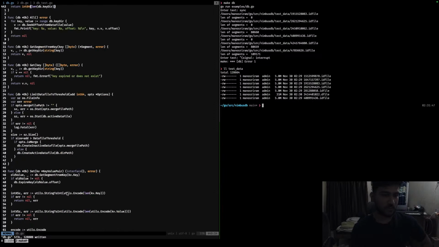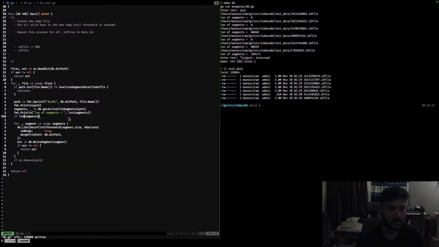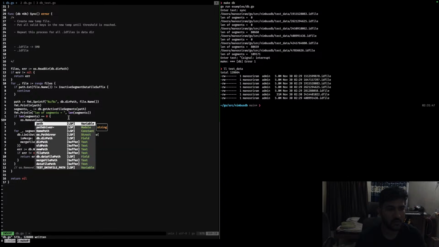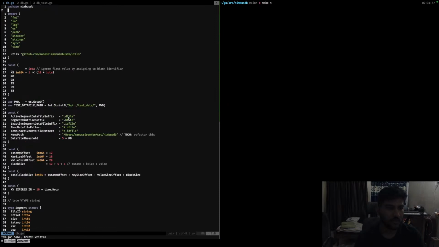Okay, what's happening is, if the length of segments is 0, we are not doing anything. So we can add one check, but it should be generic, so we can't just do that. So basically we want to remove the path, right? But this should be the old path, not the new path. So when we are creating this, I think, yeah, let's say this. Firstly, let's make test with